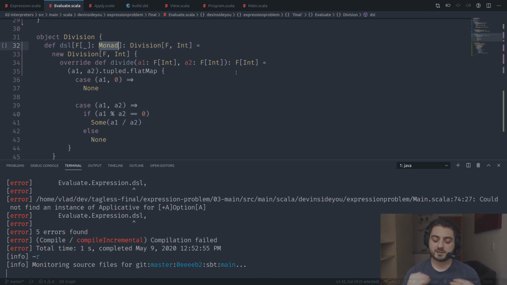Okay, so let's be very precise. We're seeing over here that we need a flat map. So there's a type class called flat map, right? So there's a DSL called flat map. Okay, now we're going to keep looking and we're going to see that over here we're going to need